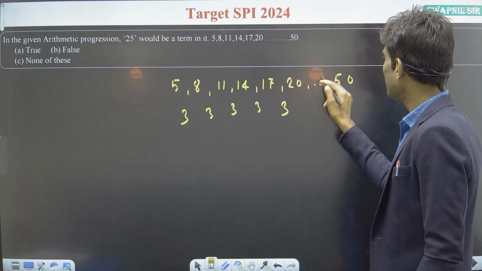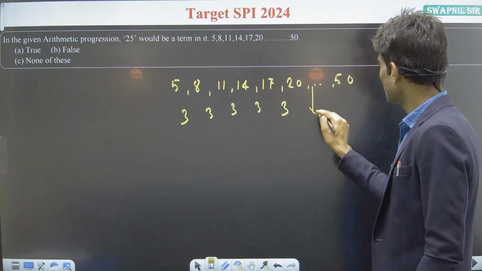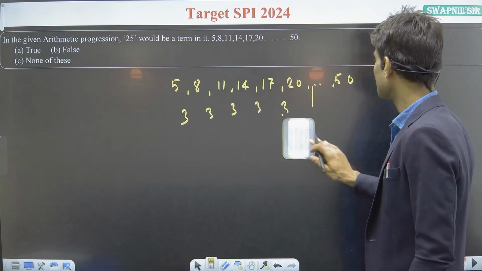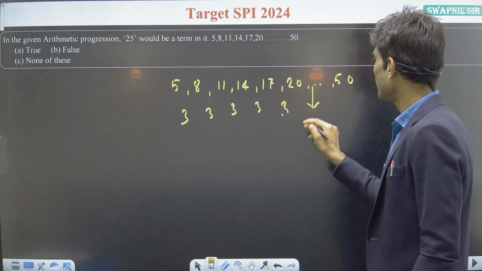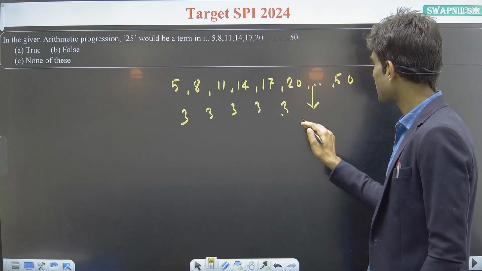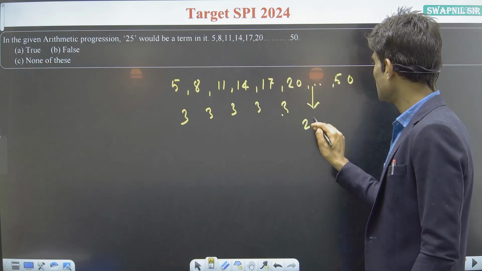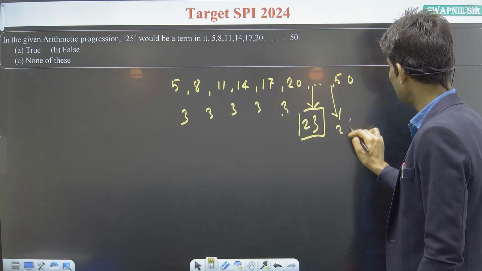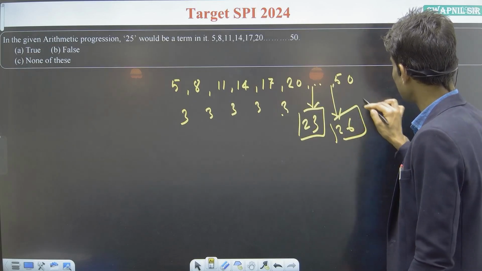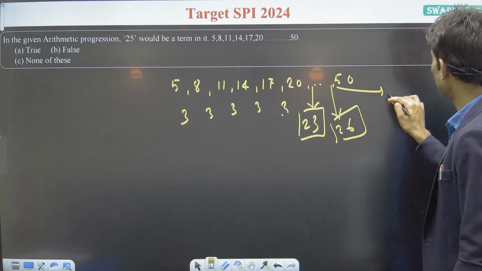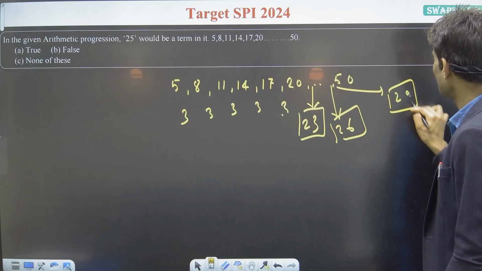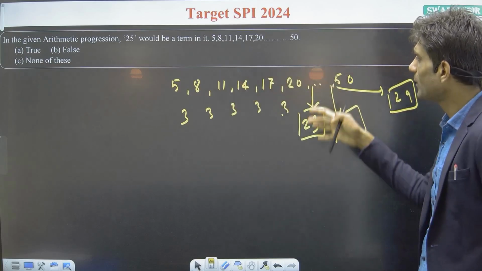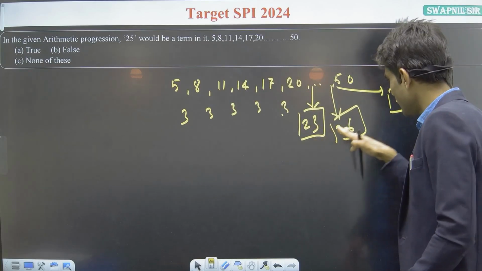Similarly, we get 20 plus 3, the next term, as 23. Then 23 plus 3, the next term, 26. After that, 26 plus 3, the next term, 29. Now see that in our arithmetic progression, we have the numbers 5, 8, 11, 14, 17, 20, 23, 26,